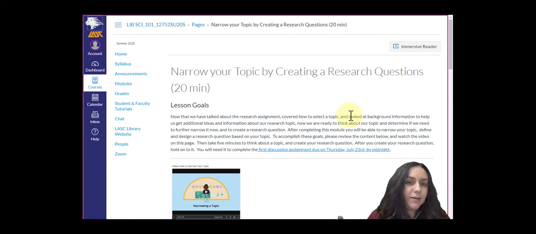If we were working on a larger research project, perhaps a 10-page research essay or a 1-hour documentary or video production, then it is very important for you to design your research question so that it would address all of the aspects of your research and all of the requirements.